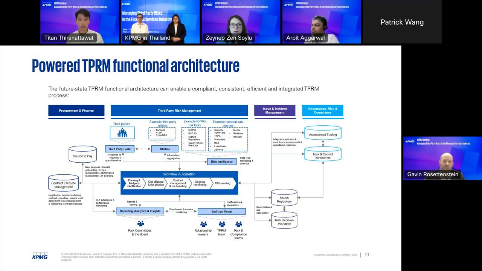Well, the stuff I've been talking about before is foundational and fundamental and required. And from what I've seen across industry and across the region or globally, a lot of organizations still need to work on the foundational stuff to make sure that the operating model is in place, that you've been able to get clarity of accountability and responsibility across the organization. You know who your third parties are, you're able to segment them, you can work more around the question sets.